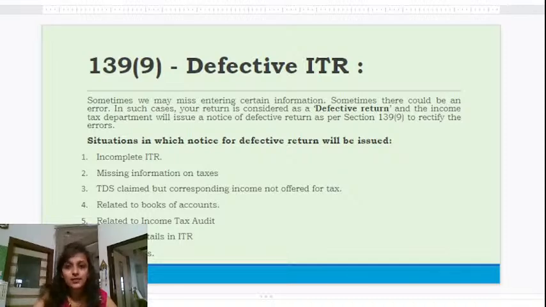So if the taxpayer's account is audited, then copies of the audit report, balance sheet and audited P&L account would also be necessary. In case of cost audit, the other relevant reports. These will all be required for a defective notice case. For that, you need to revise the return again and upload it on the income tax portal. From that, you will be submitting the response to your notice case. This would be the scenario.